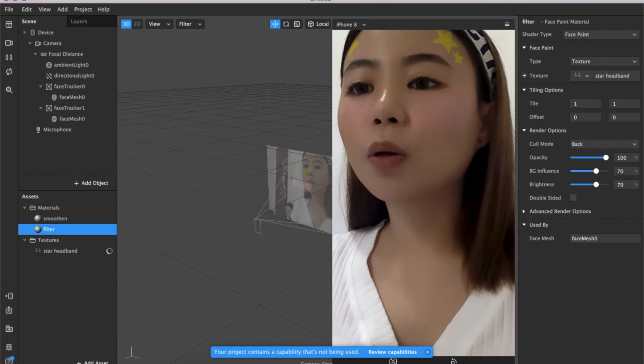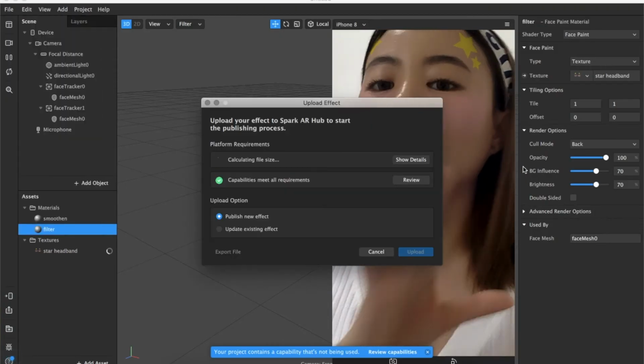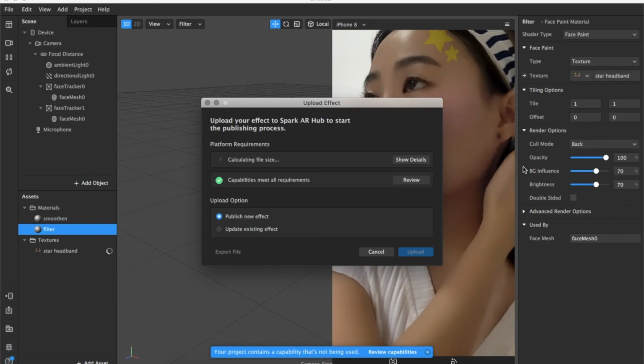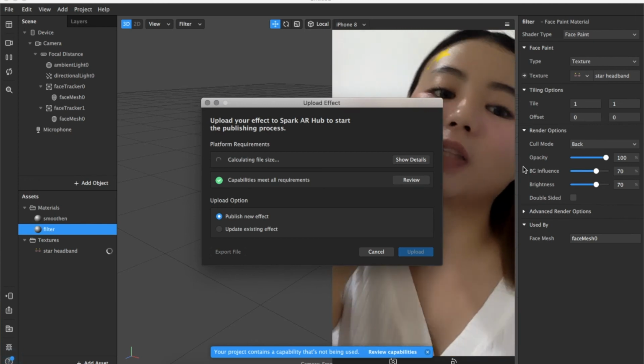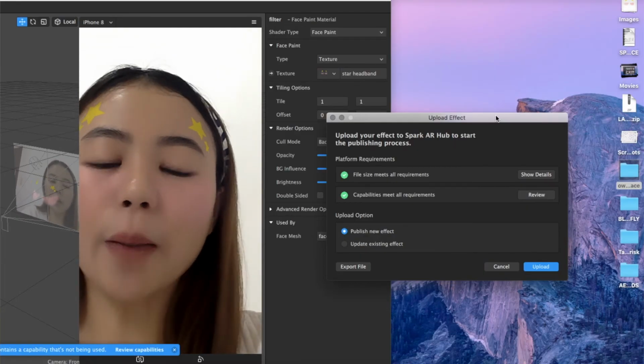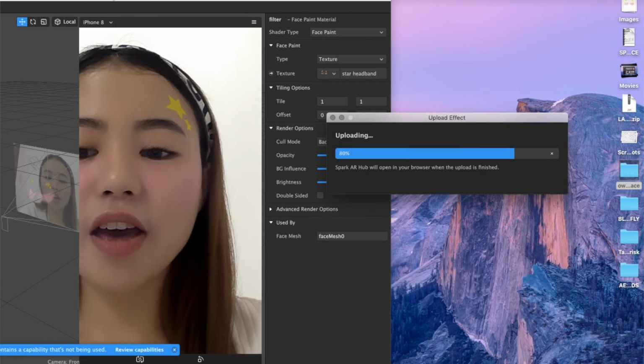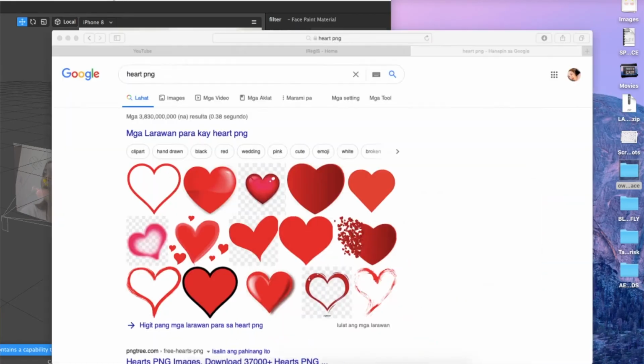In order for us to upload it, let's go to File, Upload to Spark AR Studio, and this is the window wherein they will be calculating the file size of your filter. So let's just wait for this to finish. Alright guys, now that the upload is done already, let's click Upload. And then it will redirect to the website